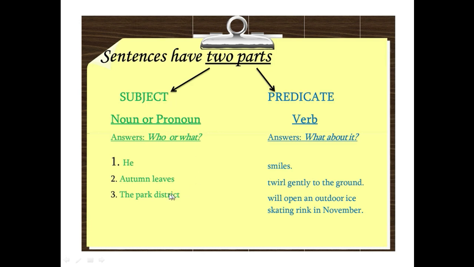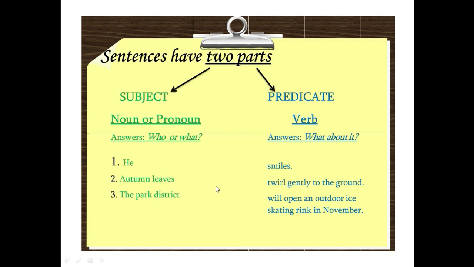So now if you look here, look at this example. He smiles. Who smiles? He smiles. So he is what? A subject here. Smiles is the verb, it's an action. So this is my predicate. If I look at the second example,